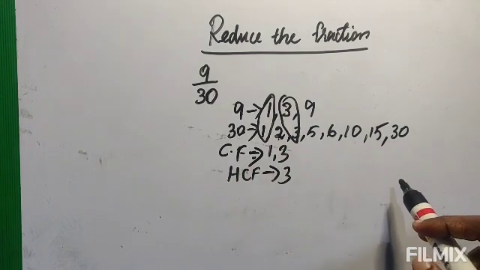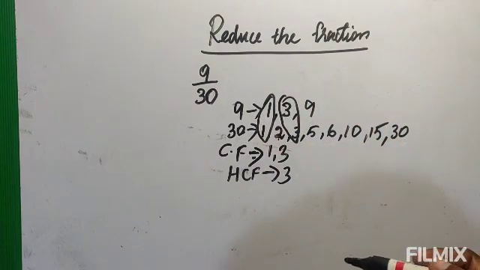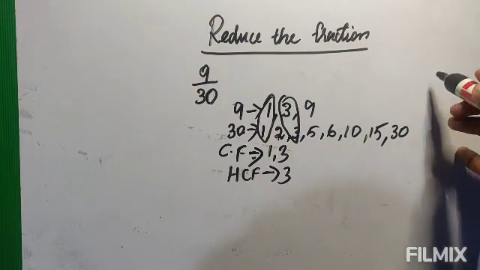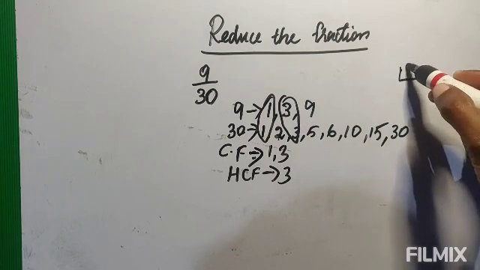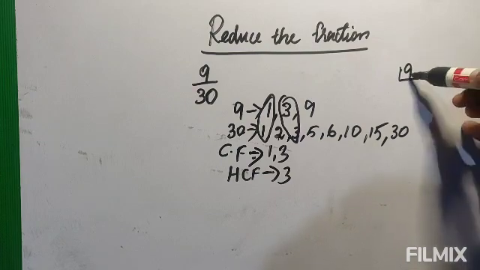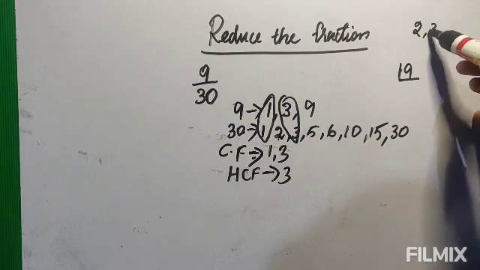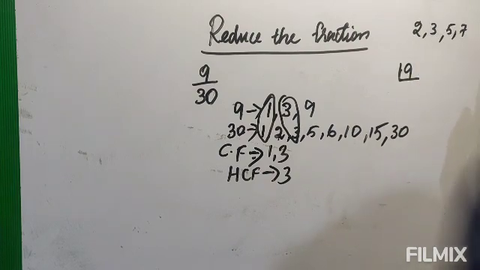Okay. This method is using the factors to find the HCF. Another one, you can use the division method. You have learned short division, so in that way you can do the division method. Let me write the division method here to find the HCF. First you will find for 9. Divide 9 using the short method. You have to use only the prime numbers when we use this method. Prime numbers up to 10 are 2, 3, 5, 7.